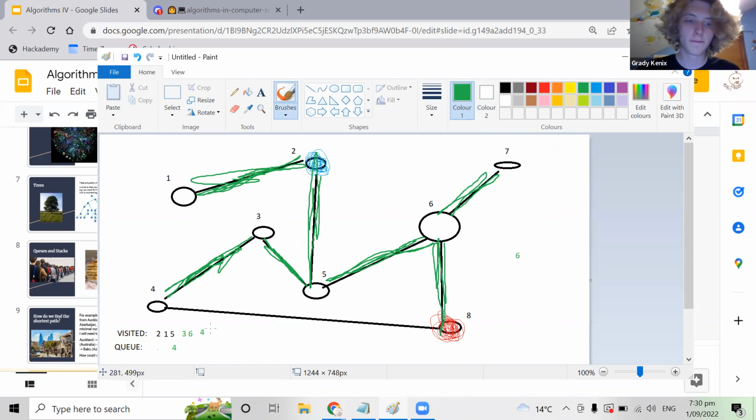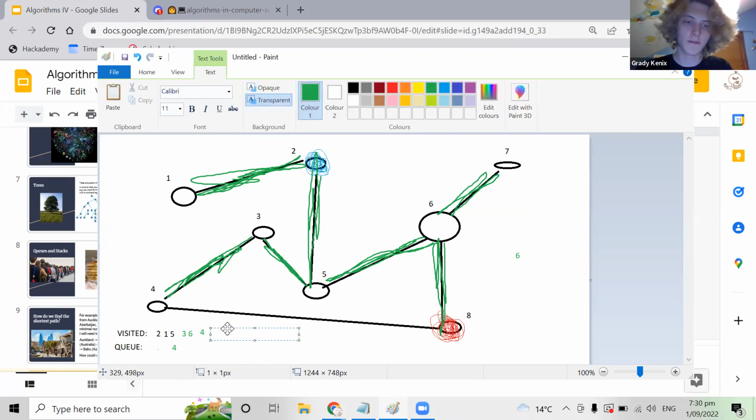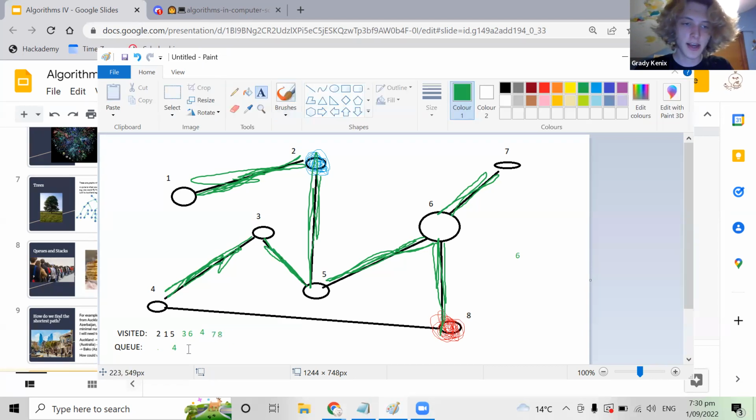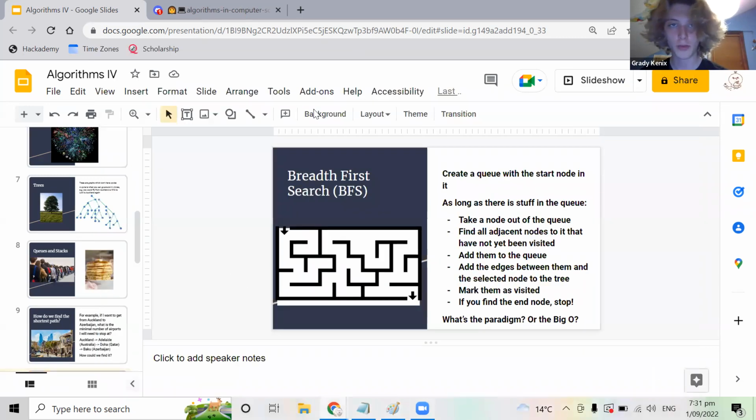And now at this point, of course we would also add in 6. 6 is already in visited, but we would add 7 and 8 to visited, and we would add 7 and 8 to the queue. But now we actually have found node 8, so we can stop here and not keep going. So we've found this green tree to be the optimal setup, the shortest path tree from 2 to 8, or from 2 to all the nodes really. So basically 2, 5, 6, 8 is now guaranteed to be the best path to get to 8. As soon as we found 8, we just backtrack along this tree and we found the path is 2, 5, 6, 8. So if you're confused, which you probably are,